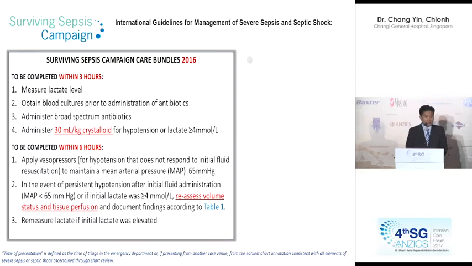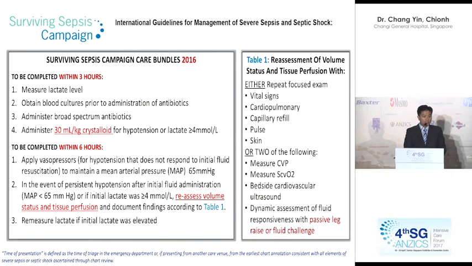With it comes the Surviving Sepsis Campaign care bundles: 30 mL per kilogram of crystalloids within the first 3 hours, and at the end of 6 hours, we need to reassess the volume status and tissue perfusion. So this is table 1, which suggests that we should reassess the volume status and tissue perfusion, either using a repeated focused exam, that means clinical examination looking at the vital signs,